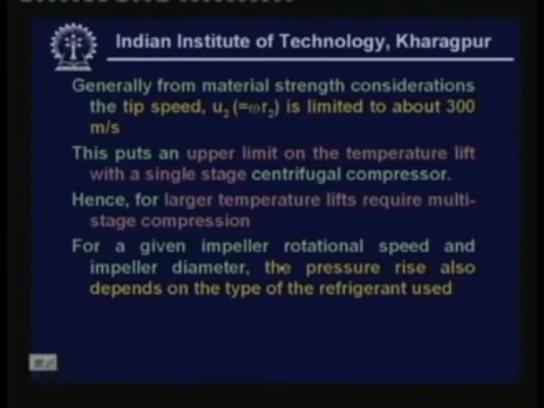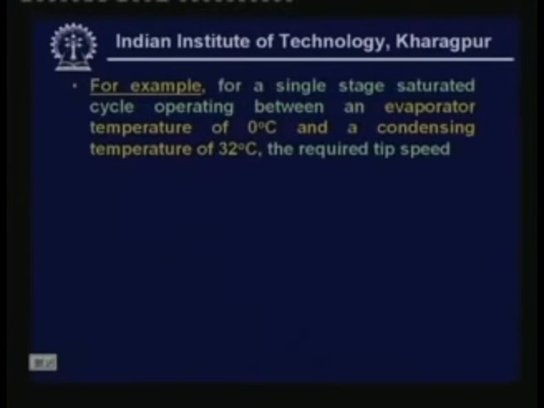For a given impeller rotational speed and impeller diameter, the pressure rise also depends on the type of the refrigerant used. You have seen that in the pressure ratio expression you have Pi, Vi, and you also have K. All these parameters depend upon the type of the refrigerant used. Let me give a small example. For example, for a single stage saturated cycle operating between an evaporator temperature of 0 degree centigrade